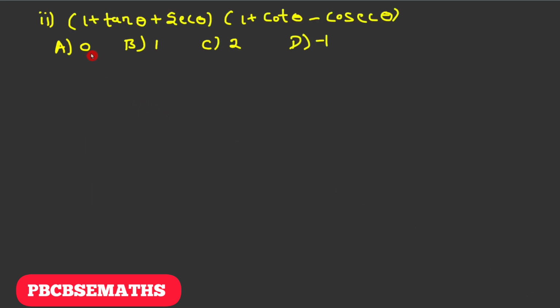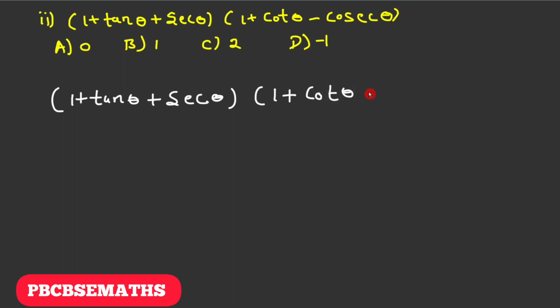In the second question, we have (1 plus tan theta plus secant theta) into (1 plus cot theta minus cosec theta). We need to find the value of this expression and choose the correct option among these options. So let's write that: 1 plus tan theta plus secant theta into bracket 1 plus cot theta minus